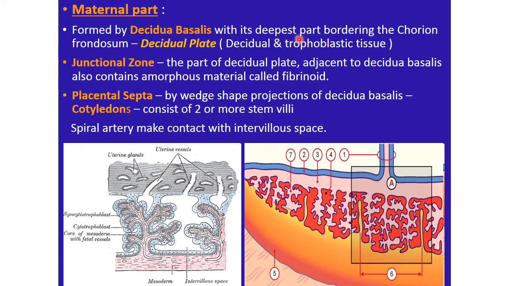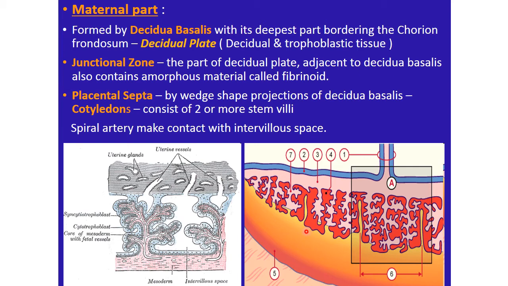So the part of the decidua basalis which is bounding the chorion frondosum, this area, is called the decidual plate,